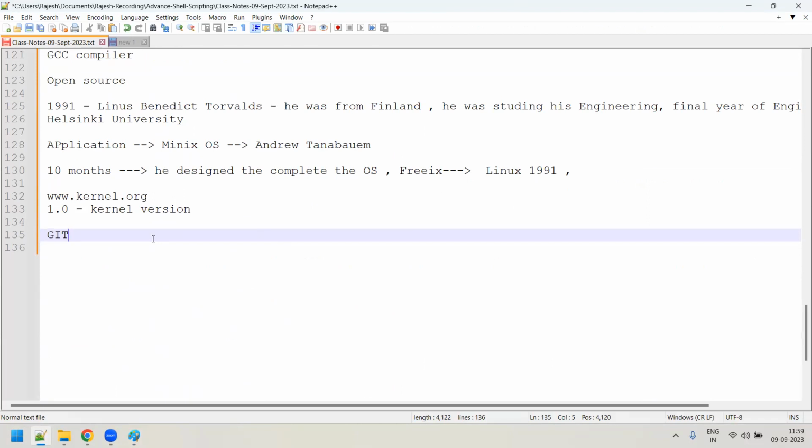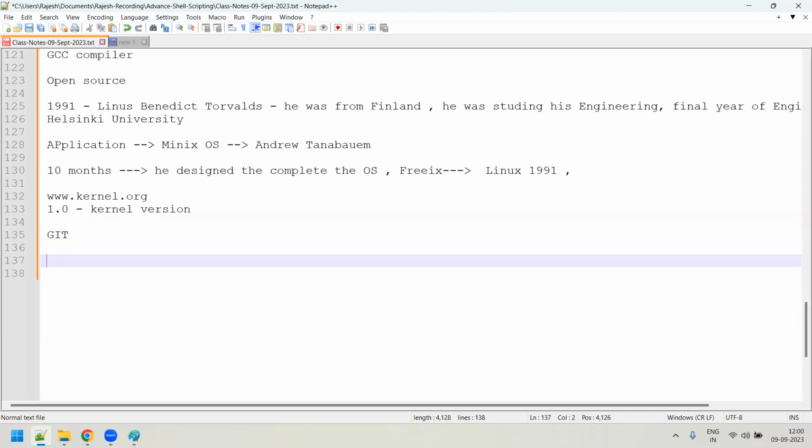And what happened? Linux code was uploaded to kernel.org. Linux is an operating system. It is not like you only give Linux as a machine operating system to other people to install and make it run. No, you need a lot of applications and supporting libraries. Everything you need to make sure that it becomes a complete installable image where you can install and start working. So during 1992, 93, a lot of Linux distributions came into existence.